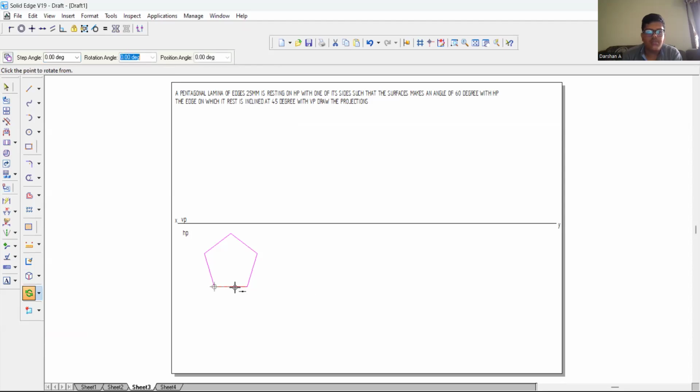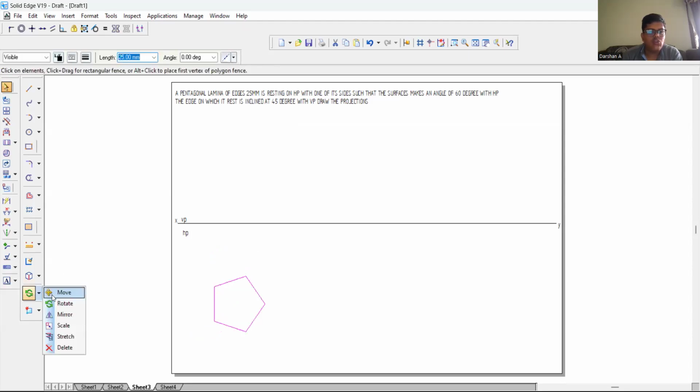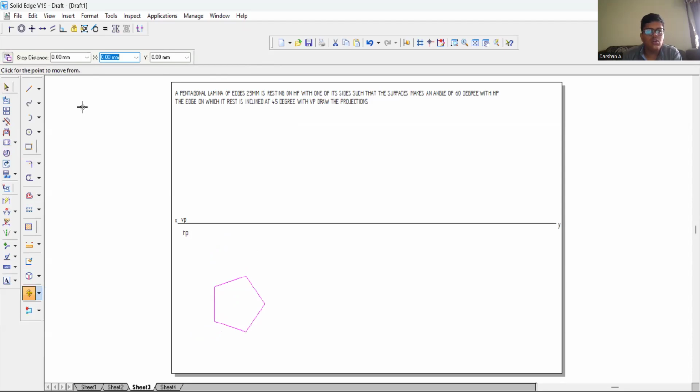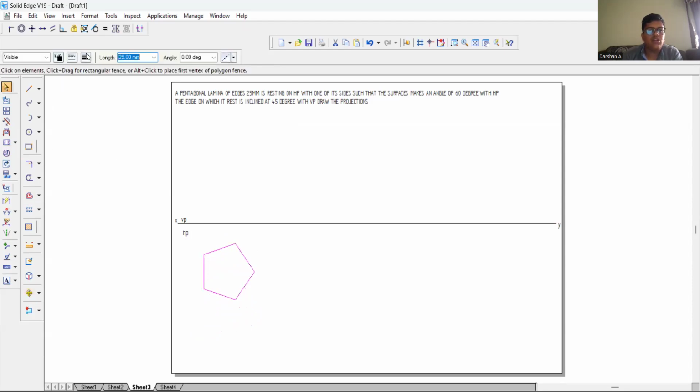I'll take rotate option and pin from here, and I'll rotate it. So I'll again take move option and move the pentagon near to the XY line. I'll make the thickness of pentagon to 0.50 mm. Now I'll name the sides with